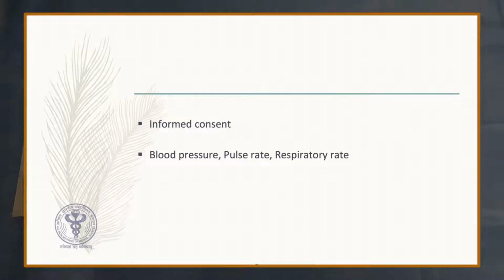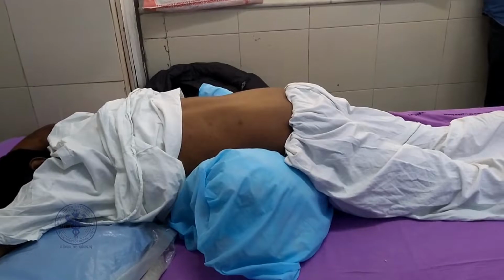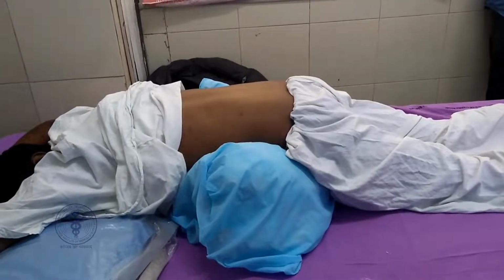Measure blood pressure, pulse rate, respiratory rate before the start of the procedure. The patient should be able to lie in prone position and withhold breath in inspiration for a few seconds without any difficulty. The patient is made to lie down in prone position with a pillow beneath the abdomen which acts as